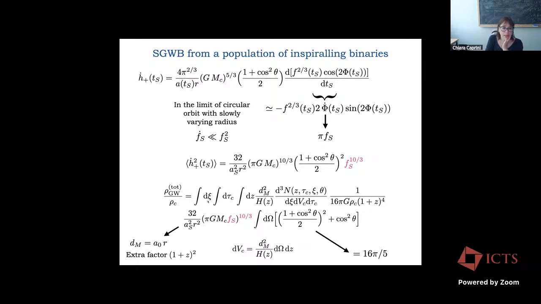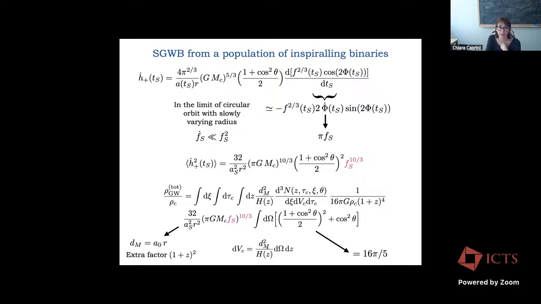Okay, so we have here the integral on the binary parameters, the integral on the time to coalescence, and the integral on the comoving volume, which can be rewritten as an integral over all the angles in the sky and an integral over the redshift. Okay, so here I have the integral over the redshift. This factor has remained